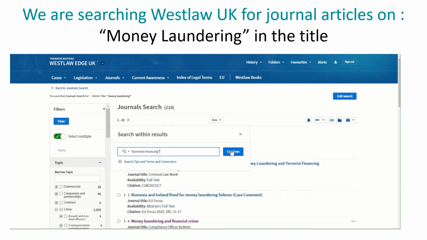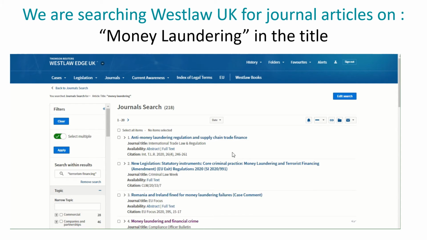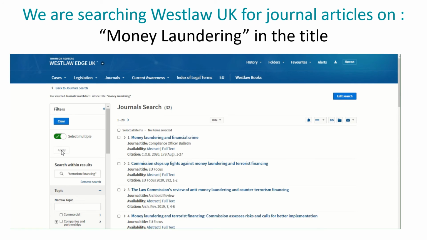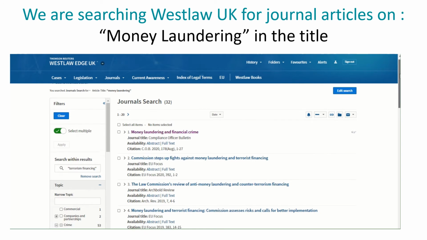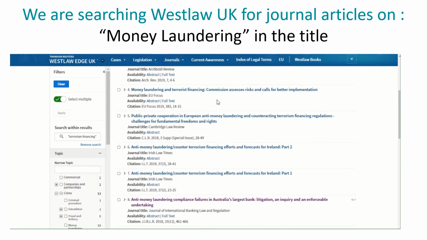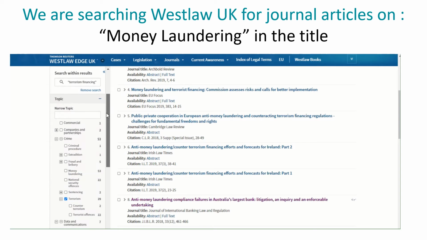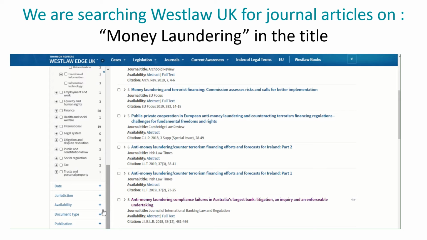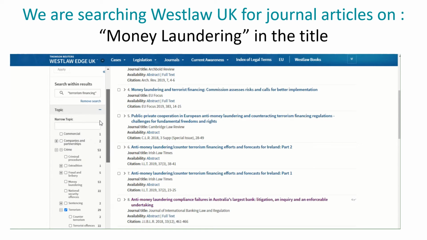You can see search tips and terms connectors there if you want more help with that. And now you need to click on apply as well. So I've got it down to 32 results now, and another good option to use as a filter to just get your results down a little bit more if you have too many results coming back is to use the publication filter. So I'm just going to fold these up here